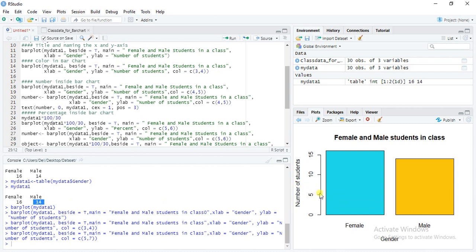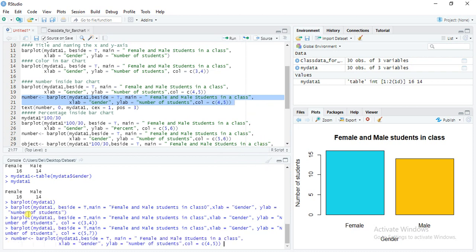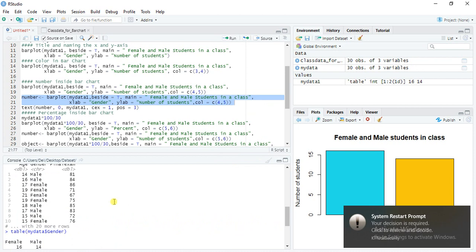So we want to write this inside this graph. Then how to write it? I have already written this script, so I will copy and paste it, or I can run it here also.